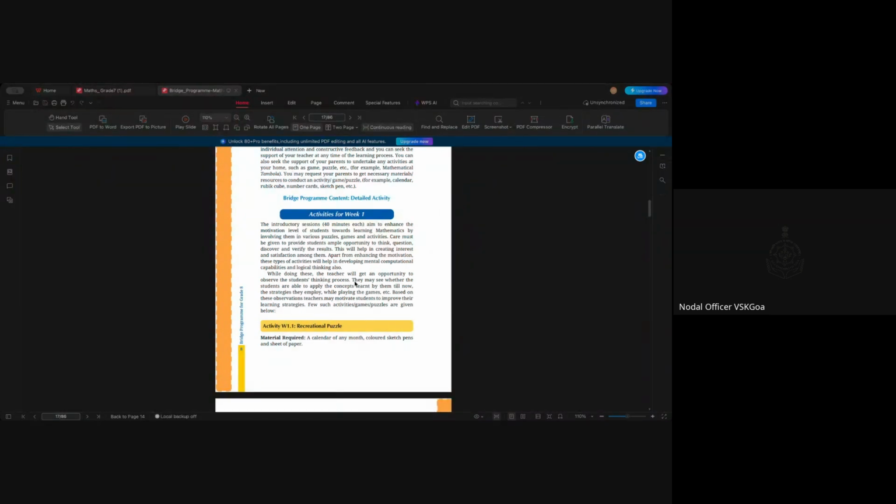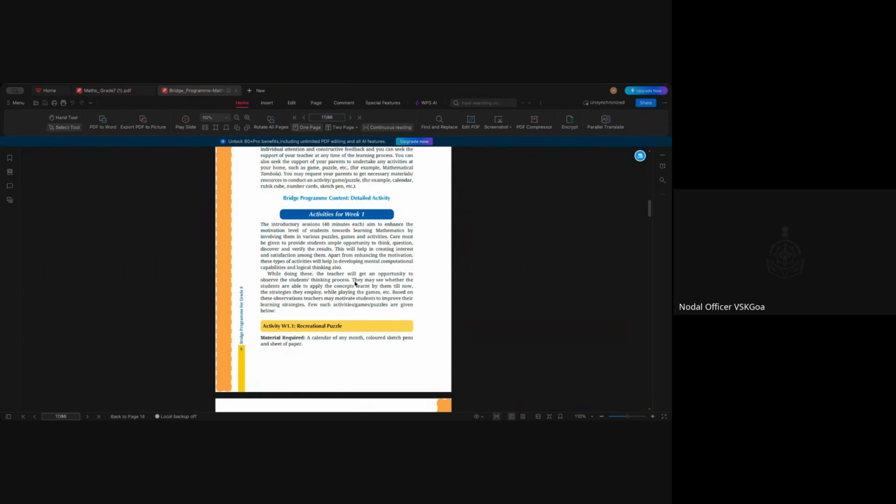When you are conducting the activity, you can click some photographs, you can click some video clips, and this is how you can document it. You can take the feedback of the child after finishing that activity. So these kind of documents, these kind of records you have to keep. But the records of assessment, if you want to keep it for your record, you keep it, not a problem, but do not